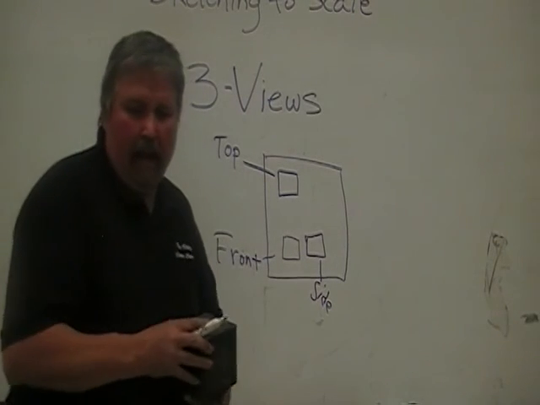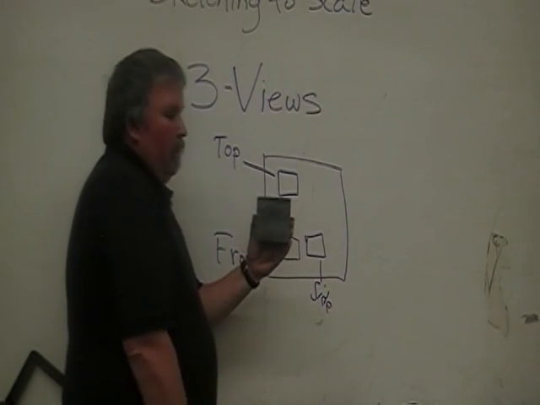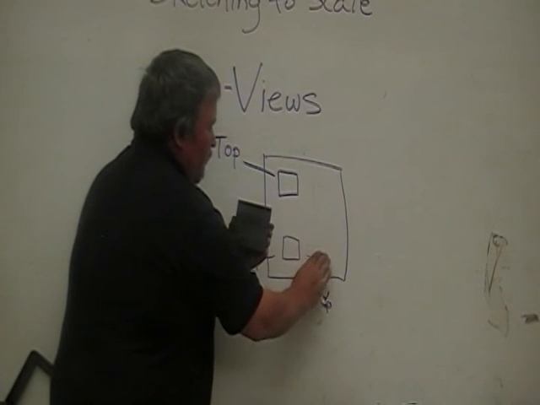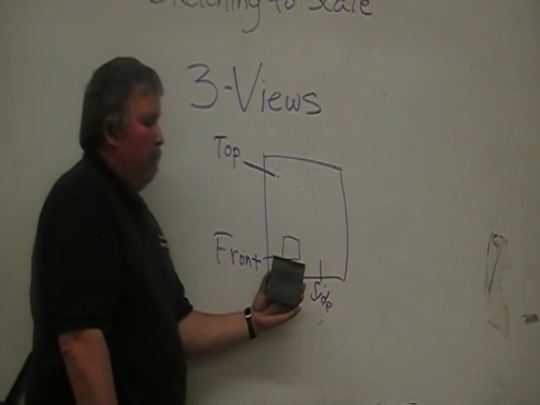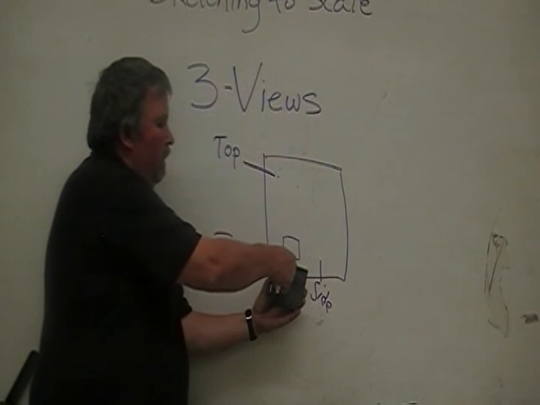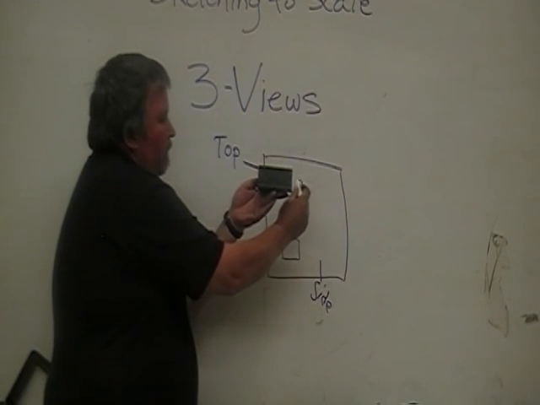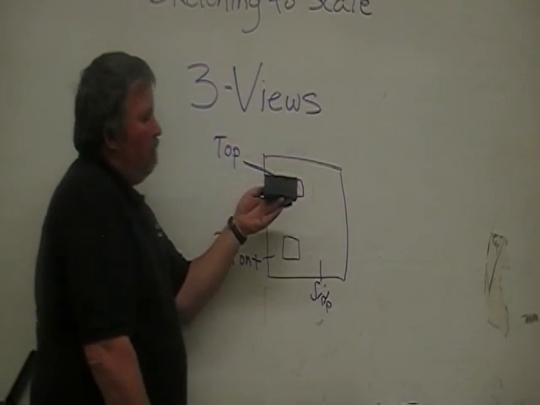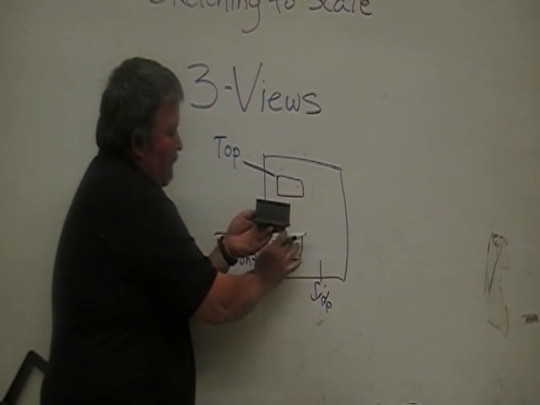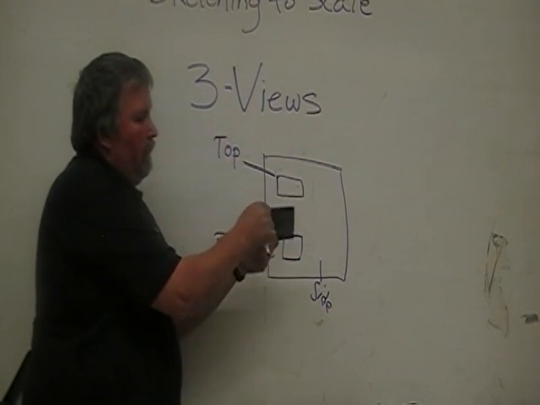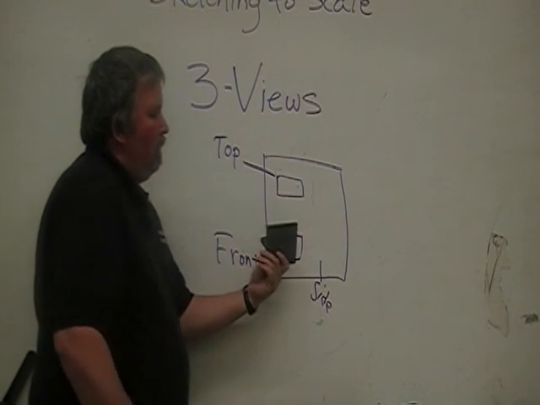All right, now the reason we have all kinds of different views, okay, here's another object that looks just like our cube did from the front view, okay? But guess what? When we roll it up to a top view, it's only half the size. It looks like I'm drawing a rectangle now instead of a square. So by this view, you would think these should be drawn the same size, sorry about that. I have a rectangle instead of a cube. But when I go ahead and roll it to a side view,